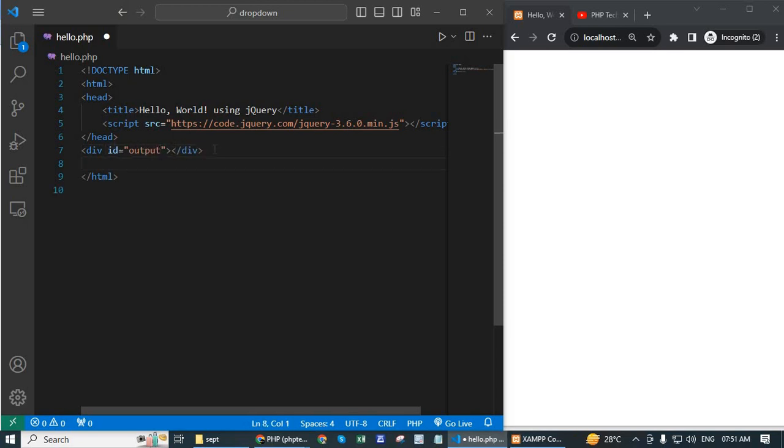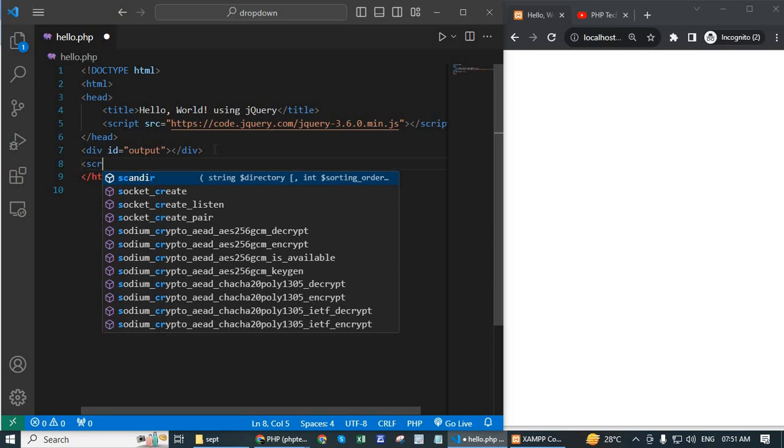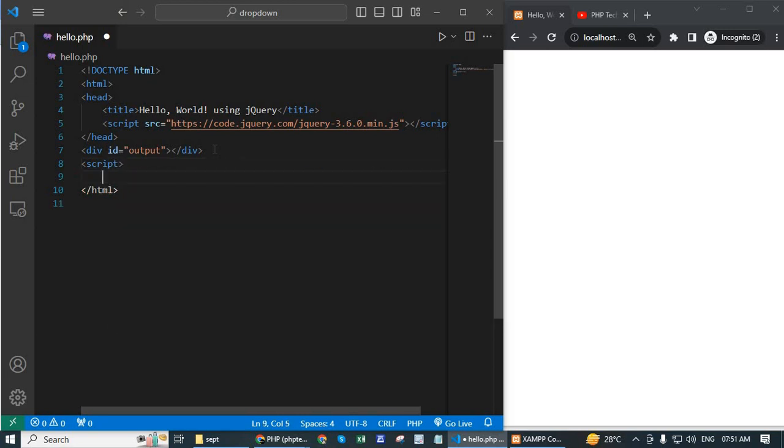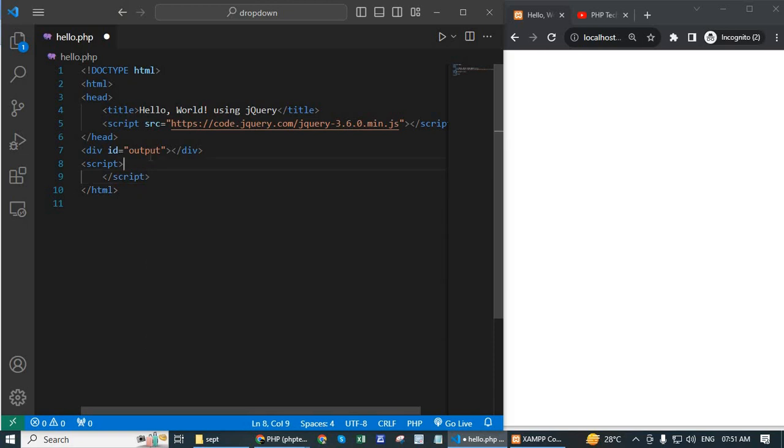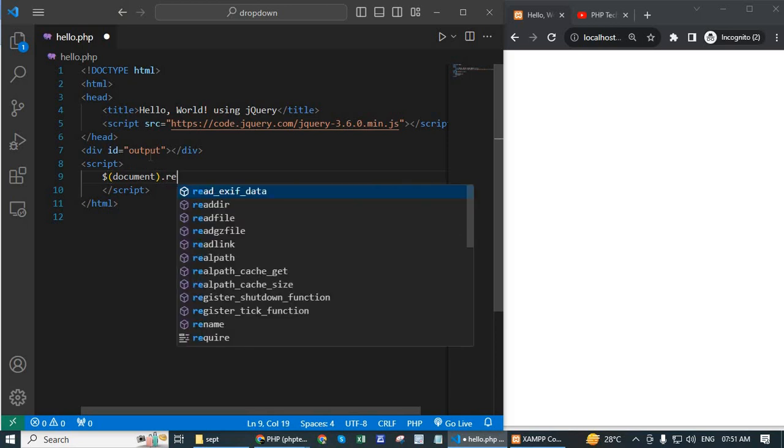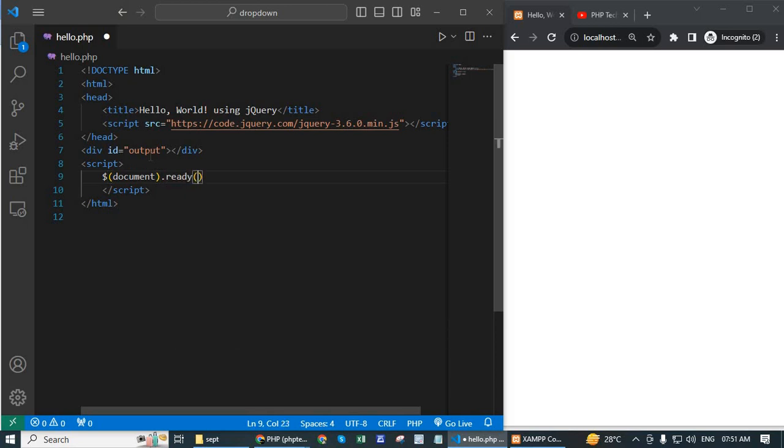After the div, write jQuery script tag open and close. Then write $(document).ready(function